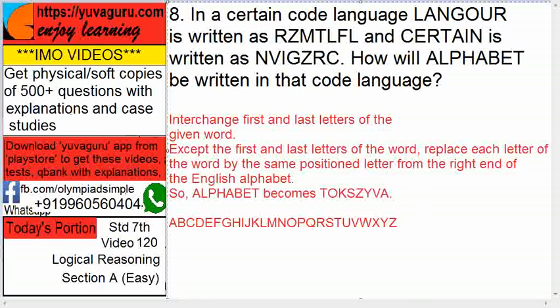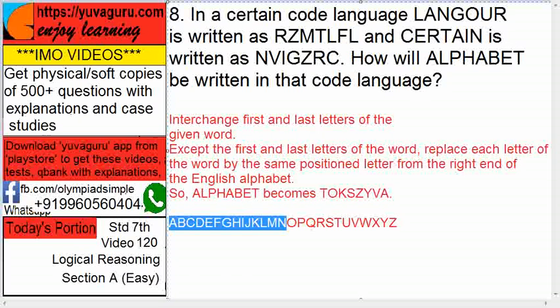It means from the left, if you count, A is what, first. So replace it with the first from the right, Z. Here Z is over here. From the left, if you count, N is what number? N is the 14th number from the left. So replace it with the 14th number from the right. Total there are 26, so half is 13. So 14th will be M. That's why M is replaced. Same logic everywhere, and then you will get the alphabet word as